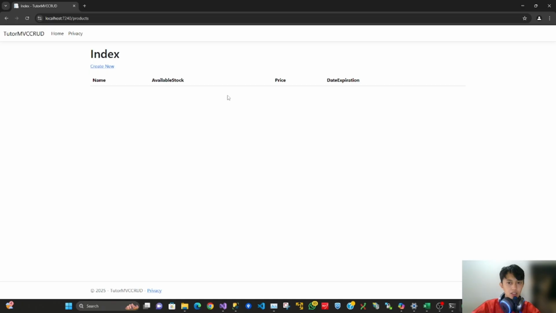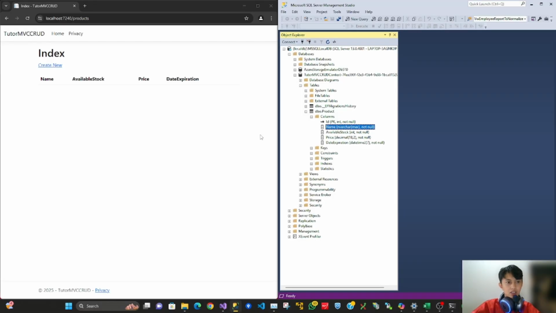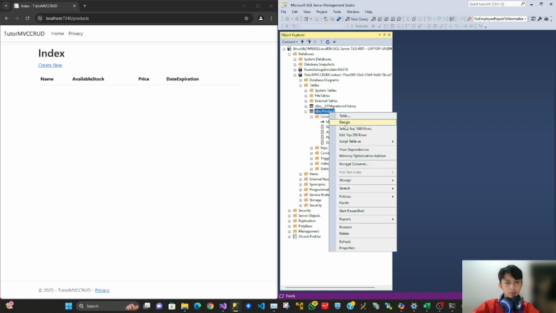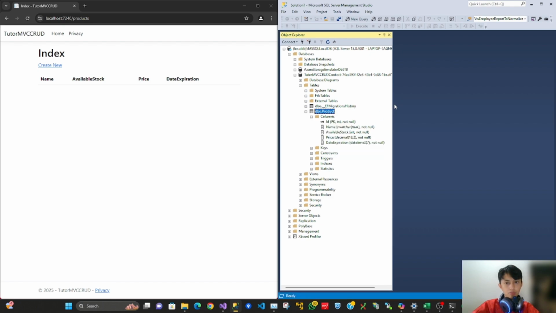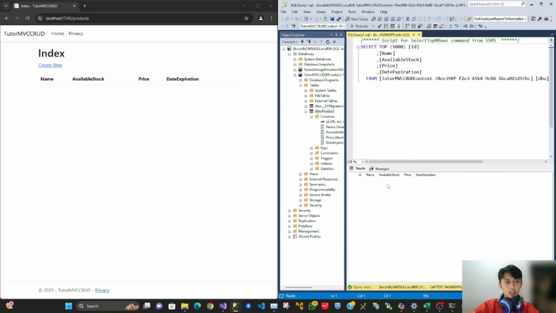Here is the page. We don't have any data here. Let's see it side by side with the database. We don't have any data here either.